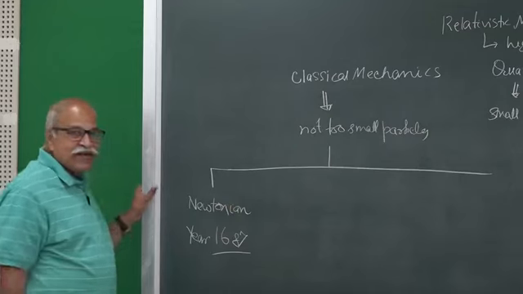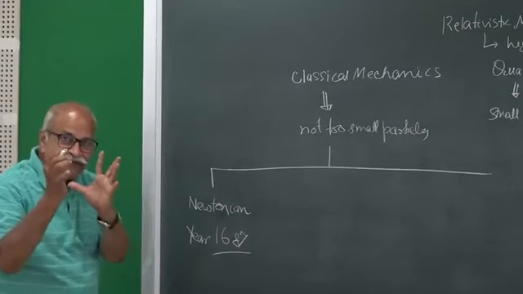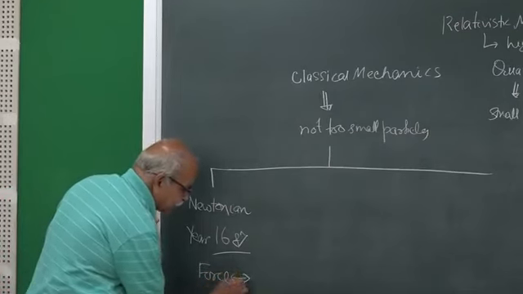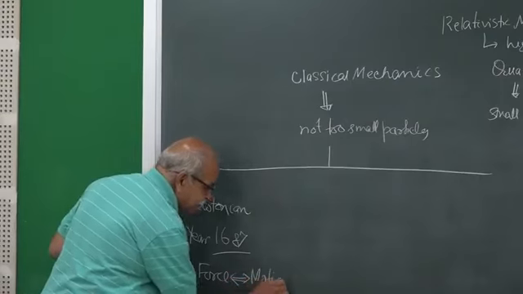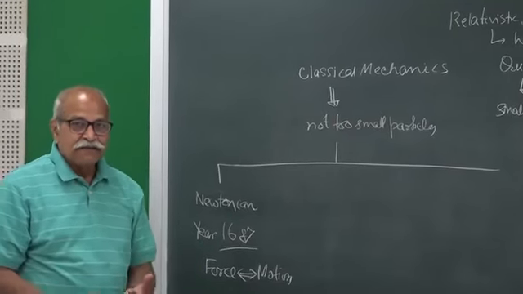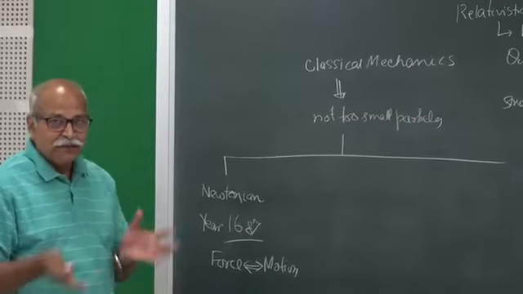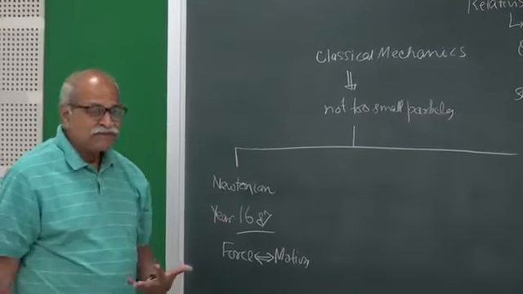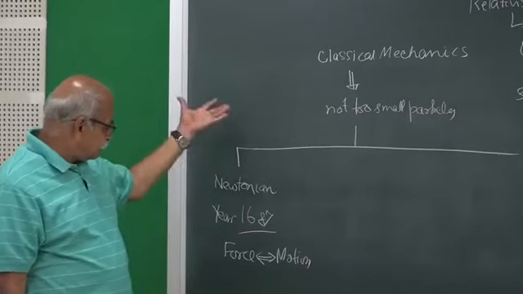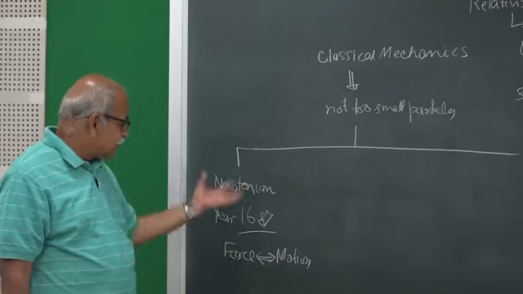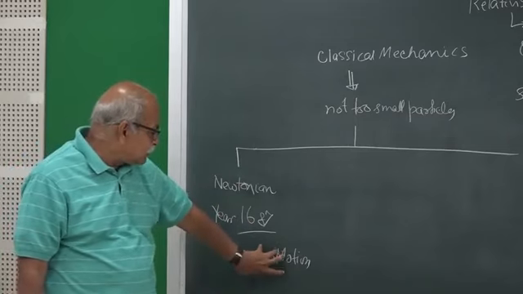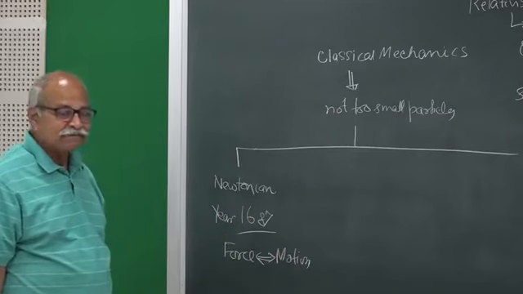where the central thing is force and motion, force related to motion. This is the central idea. We talk of forces acting on particles, exerted by other particles. So, forces are there, forces are causing motion, and from there this entire mechanics is developed. We will talk of various parameters like momentum, angular momentum, energy, all those things, but the basic central theme is force and motion.